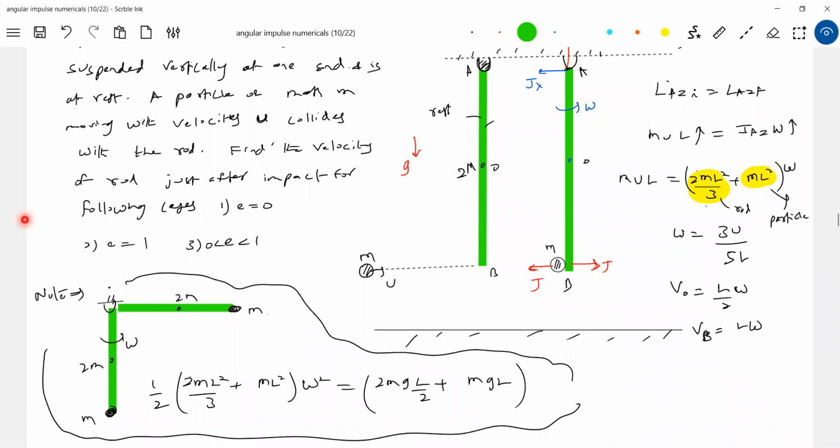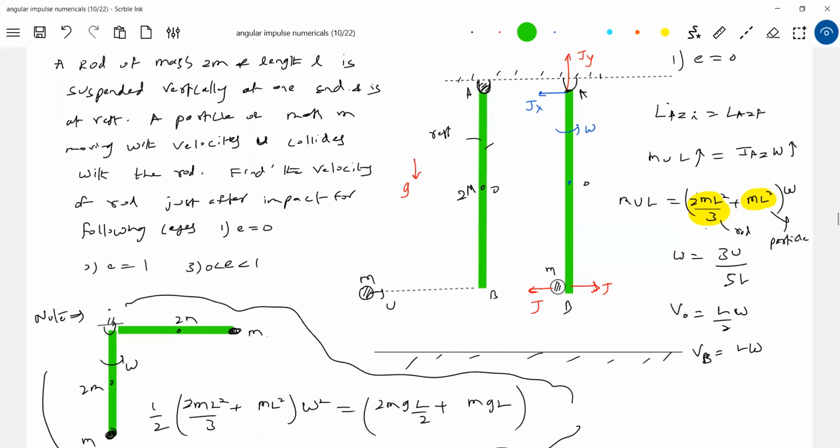So there's a very fundamental problem, not like a numerical, it's a theory. Whenever a rigid body is suspended vertically in gravity, then about what point should you